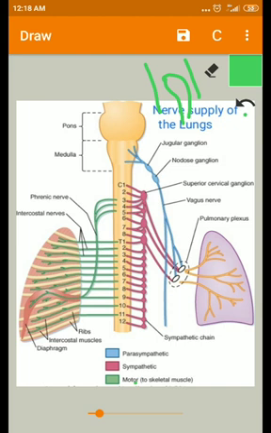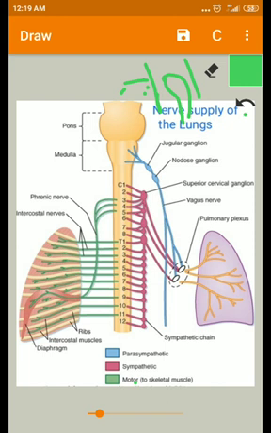These plexuses also give small branches along the blood vessels and bronchi. That means it forms a course like vein, artery, and nerve, and with the help of the bronchi and the blood vessels, these nerves supply